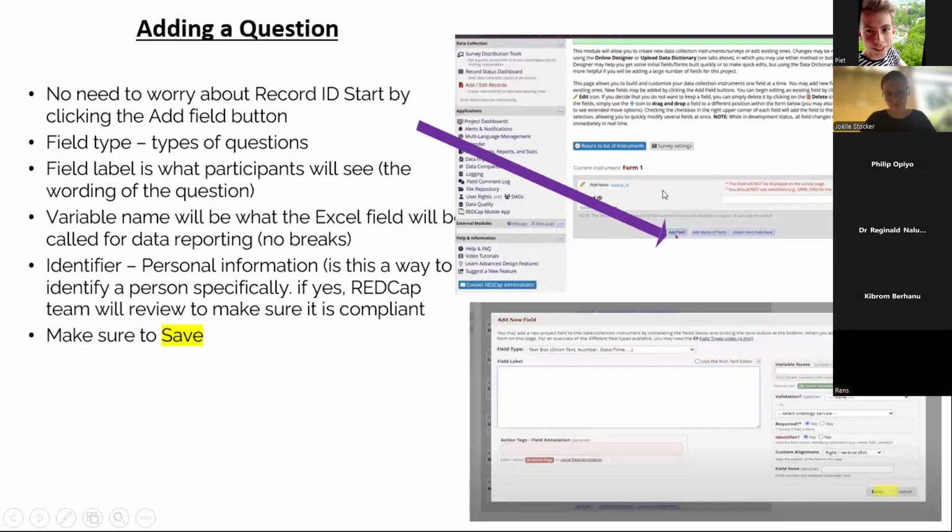After we select that form, there is always one field, the record ID. This is normal, you should not worry about this. But we can add different types of questions by selecting this add field. When we select this add field, we find this window. So by selecting the field type and putting the field label,